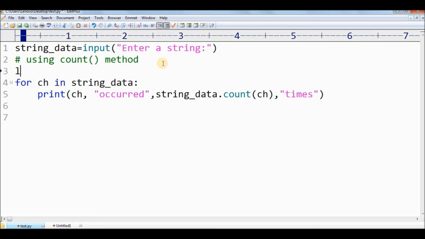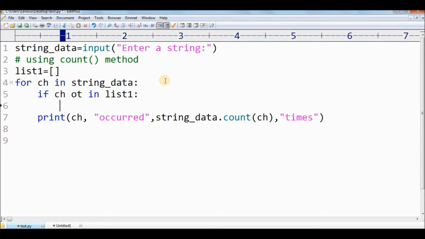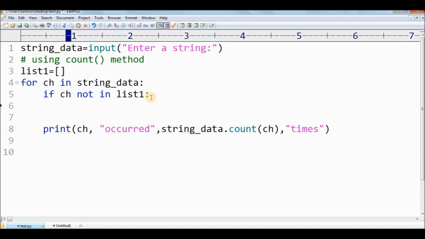I will take an empty list, and how I will modify it is I will keep a check. If ch not in list 1, then do one thing. If the character is not already present in the list, I need to append that character to the list.